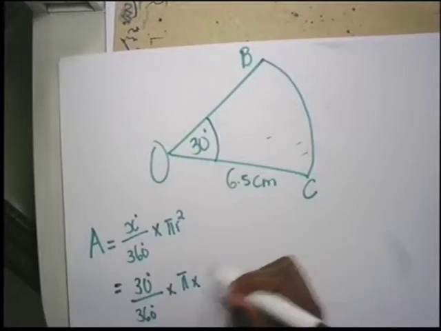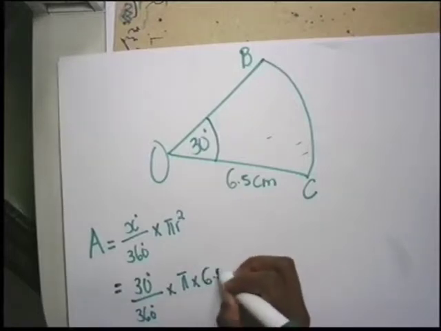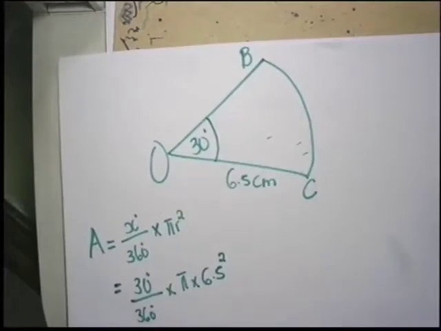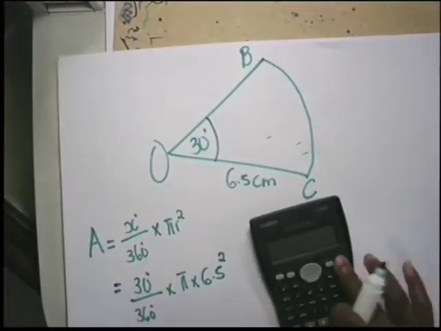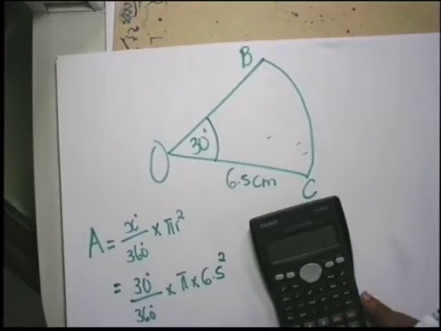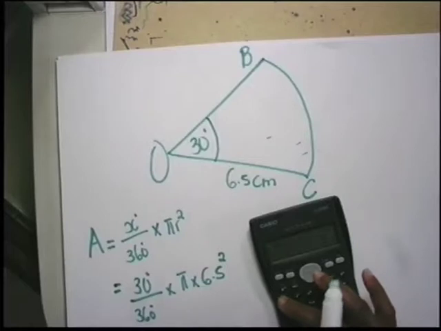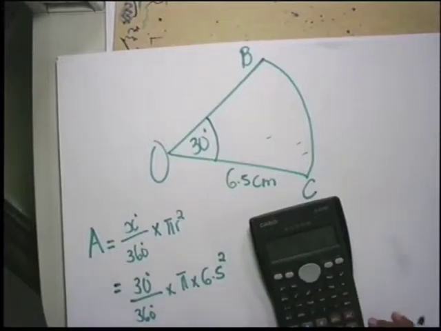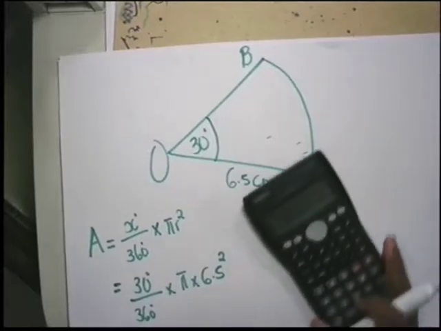How much is the radius? In this case it is 6.5, and remember we have to square it. That is it. So then you take your calculator and press it as it is and get the answer for that one. So then you take 30 over 360 times pi, and then times 6.5, then you square it. 6.5 squared, the radius, equal to, this one will give us